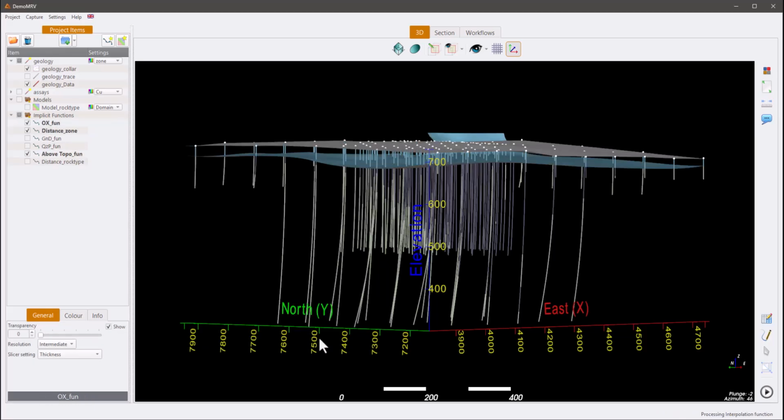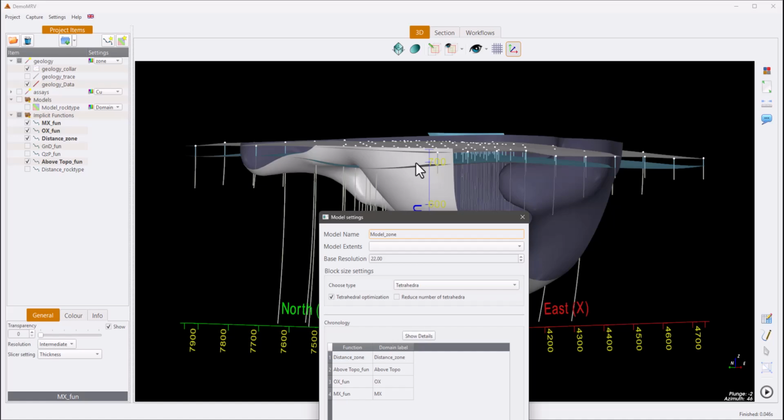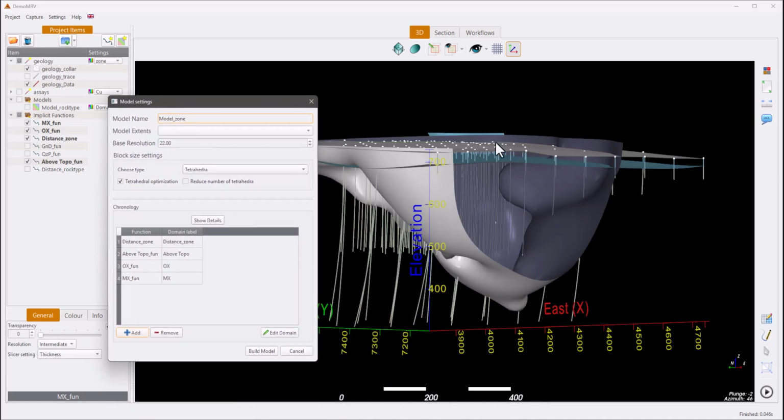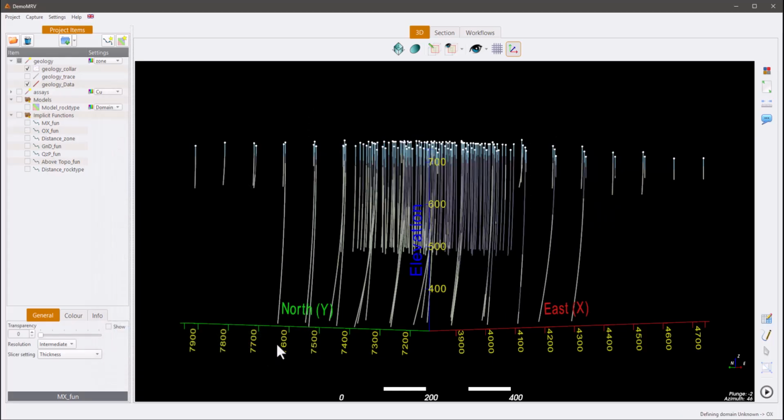Right, so now we hit OK, and you see again some implicit functions have been created and showing the outline. And these functions have been added to our modeling steps. So we automatically have a model name, automatically estimated base resolution output, and the order has all been added automatically as well. So we just press the build button,